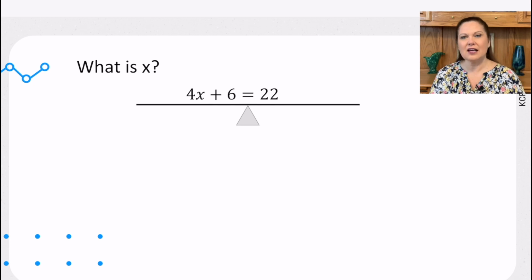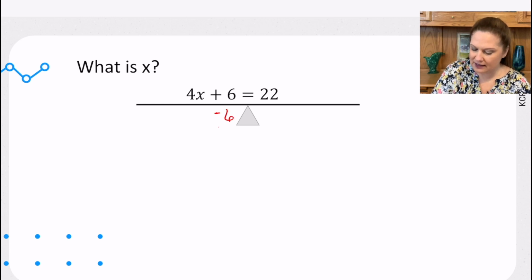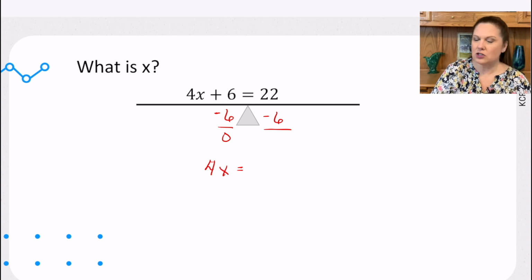Let's take a look at another one. So 4x plus 6 is equal to 24. Give you a quick second. What's the last thing in order of operations? Yeah, addition and subtraction. So notice here we have adding 6. What's its opposite? Yep, you got it, subtracting 6. So we're going to subtract 6 on this side. So now we have 4x is equal to,